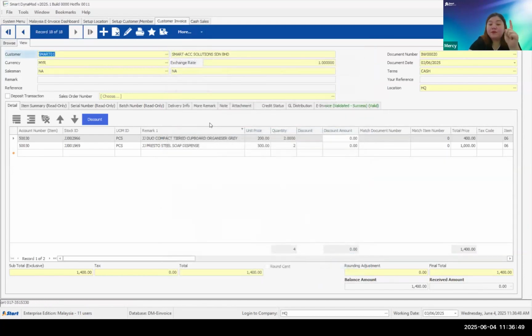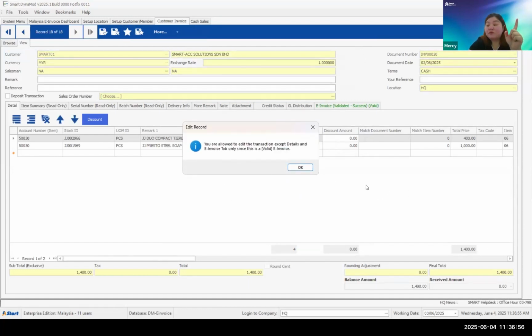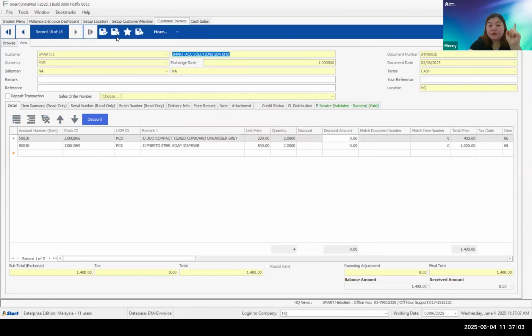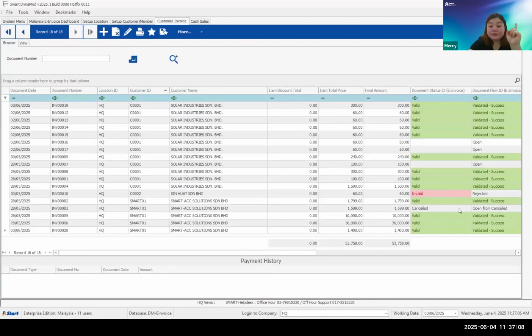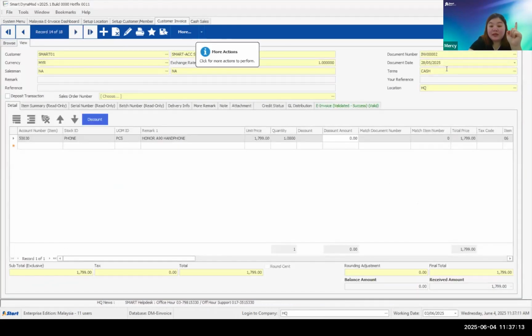Okay, for those transactions that are already submitted, you are not allowed to make any modification. You are not allowed to edit the transaction. This is something you need to take note of. For example, you want to cancel this document that I submitted last month, on the 28th of May. So let's say I want to do the cancel,